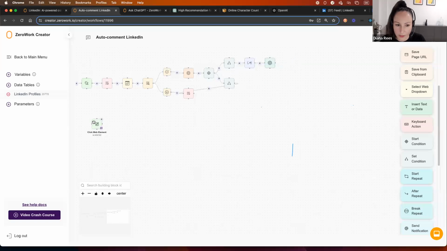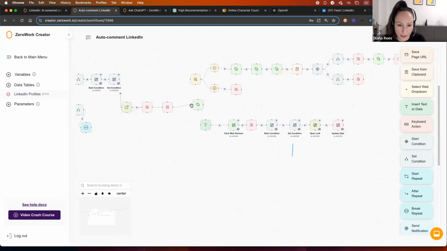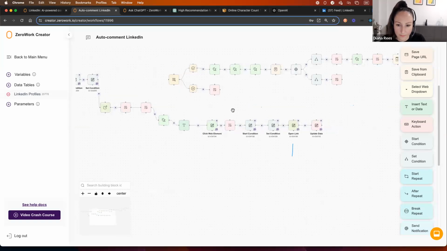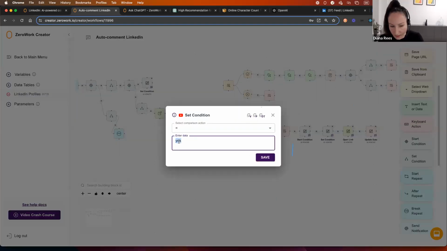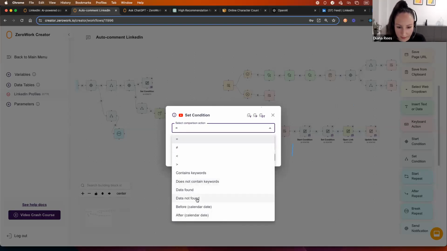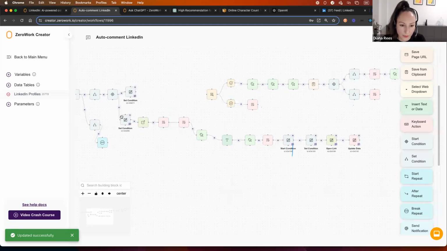Yes, there is also this button, click on the comment, that I missed. So that needs to be added here. And so if the status is approved, we can do that. And if the status is not approved, then we need to have some additional logic. We can also maybe leave it empty. Let's see if this is enough. Data not found. So that means if there is no approval there yet,